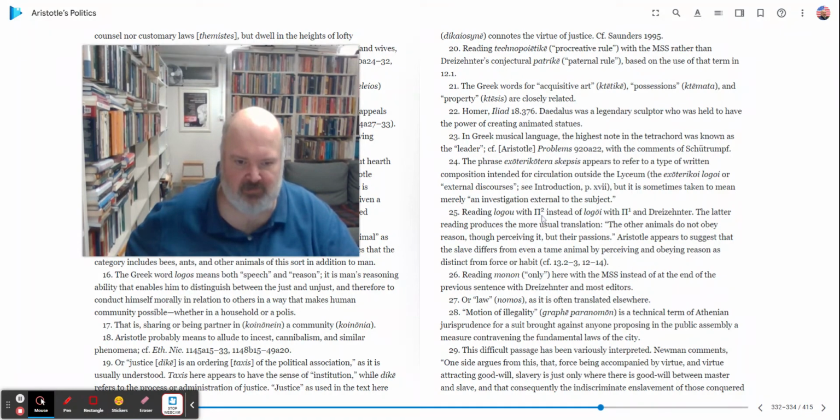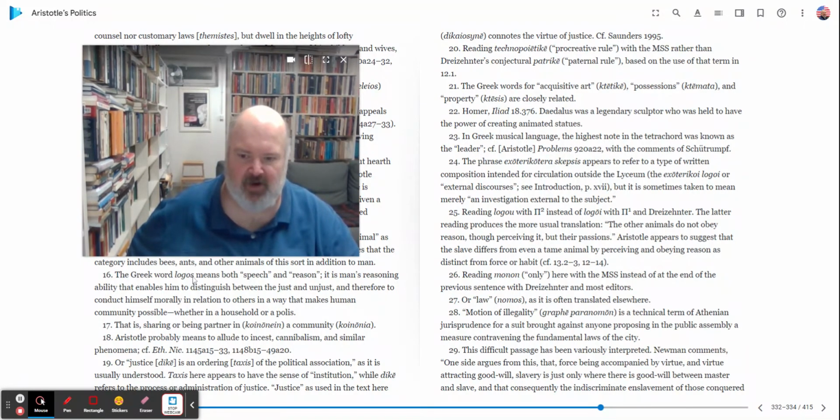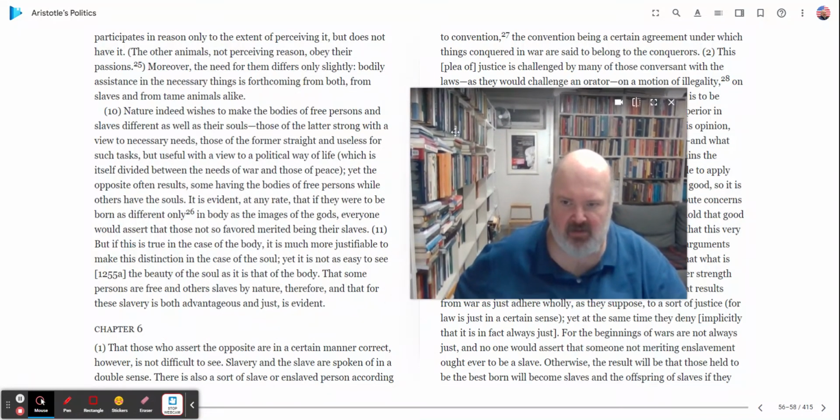Reading logo with the second manuscript instead of logi, with the later reading produces the more usual translation. That is, other animals do not obey reason, though perceiving it through their passion. This is another translation of this translation. Aristotle appears to suggest that the slave differs from even a tame animal by perceiving and obeying reason as distinct from force and habit. So therefore, Lord is, I think, right here, in the sense that this is not to be understood in the more traditional way this passage is read,